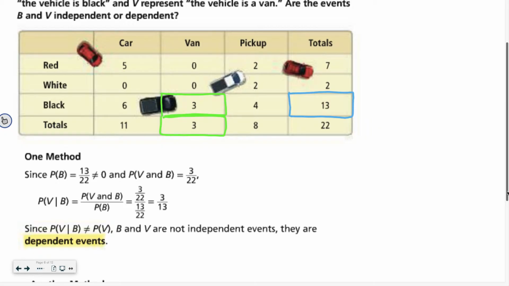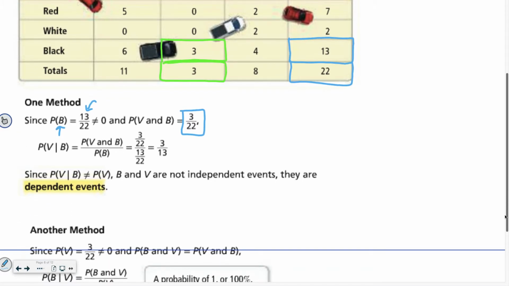They overlap. But if we want to mathematically prove that these things are not independent, the way you would do that is first you check to see that the probability of picking a black vehicle is not 0. It's not. It's 13 out of the total 22 vehicles. And the probability of a van and black is 3 out of 22. So the way you can test conditional probability is you take the probability of the two things happening together, in this case 3 over 22, over the probability of picking a black vehicle, which